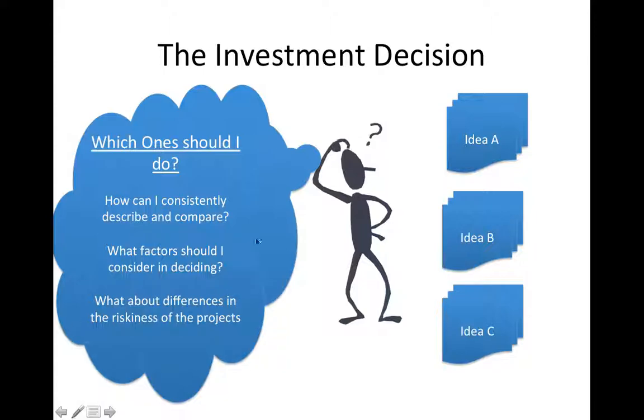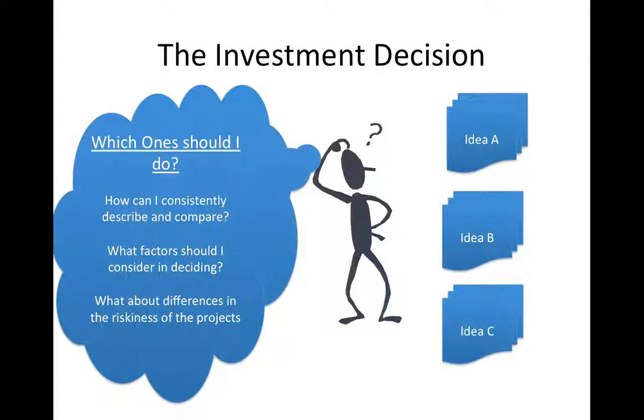Consider the situation, commonly, of a firm. They may just have one project or one idea that somebody has presented, and they're trying to evaluate, do I do that project or not? So that is a go, no-go decision. Or they may have multiple choices, and they may not be able to do all of them. And so then they have to decide, which one should I do or which two should I do?